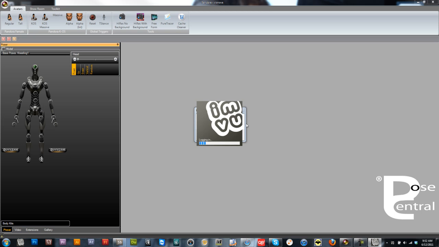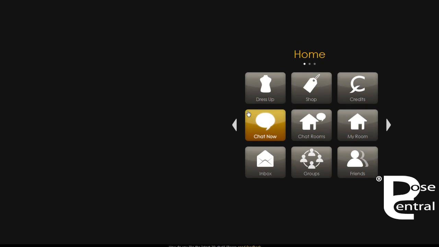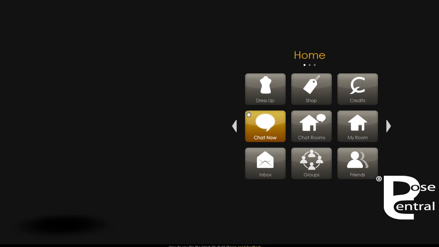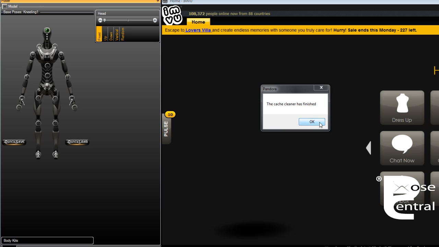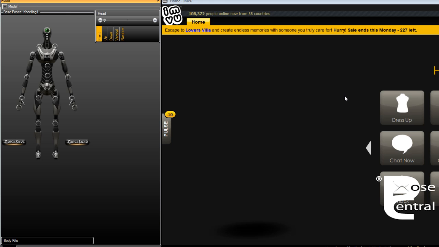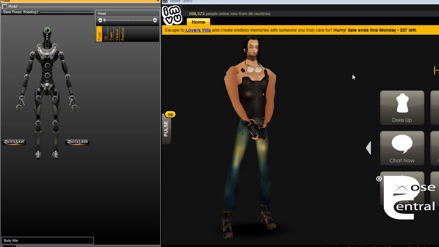If you automatically sign into IMVU and you have your password saved, then this cache cleaner will actually reopen IMVU for you, as you can see here. And if we just let it go for a minute, in a minute it will actually grab the window here, and now the cache cleaner has finished. So it's that simple, but just let it run its course,